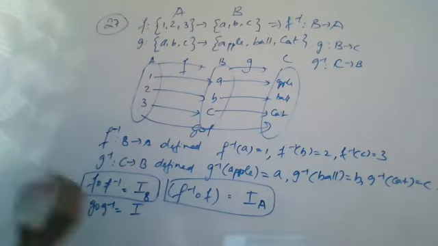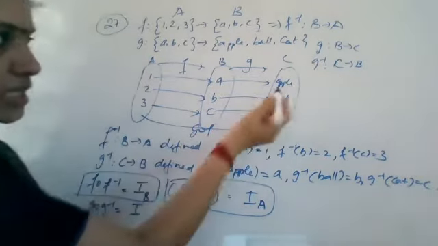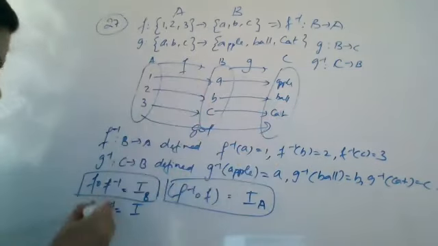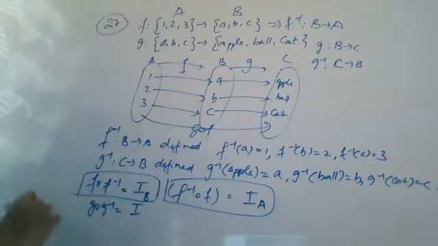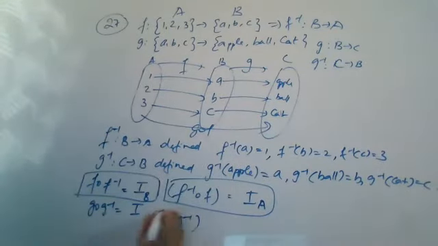Again, G composition G inverse होगा. तो पहले आप G inverse कहाँ से start हो रहा है देखो. G inverse is starting from C. C is your this one. And yet after this application, you will get it to be in the same set. Last answer भी आप ऐसे आएगा देखो. G composition G inverse of.